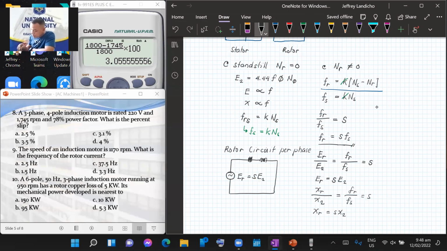So yung rotor reactance natin, this is now equal to S multiplied kanina rotor reactance at standstill, and this is your R2, at ayan yung ating current I sub 2. Kaya kung kukunin natin yung rotor current by Ohm's law, voltage is S multiplied into E2, i-divide lang natin sa impedance, which is